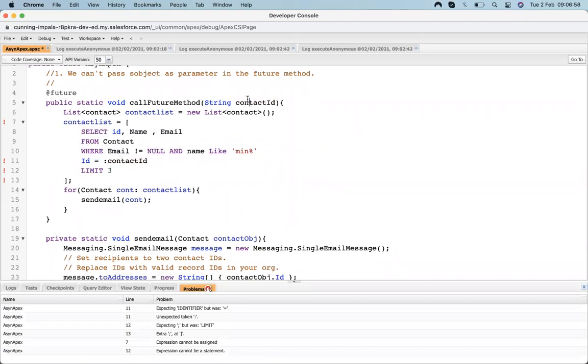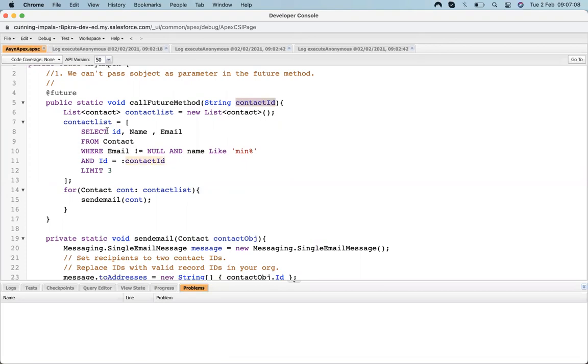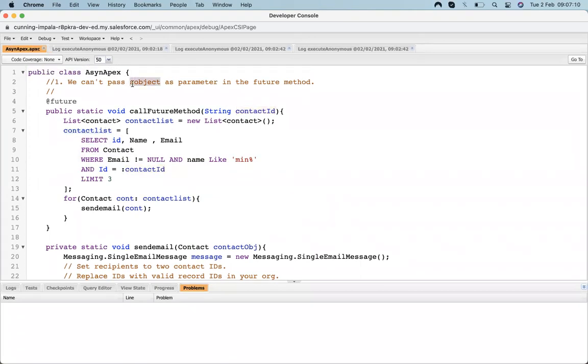In this way we can pass them. Suppose I have to use the sObject, then we pass the ID and retrieve the record from here.